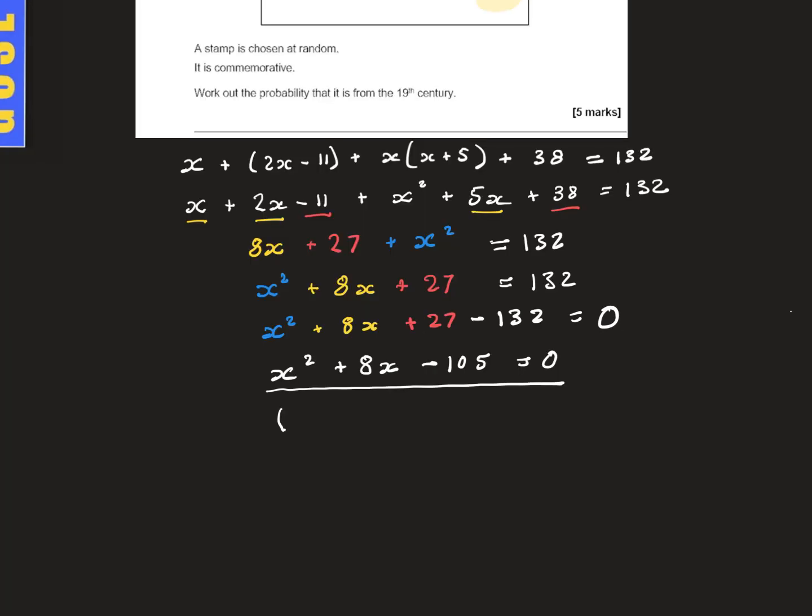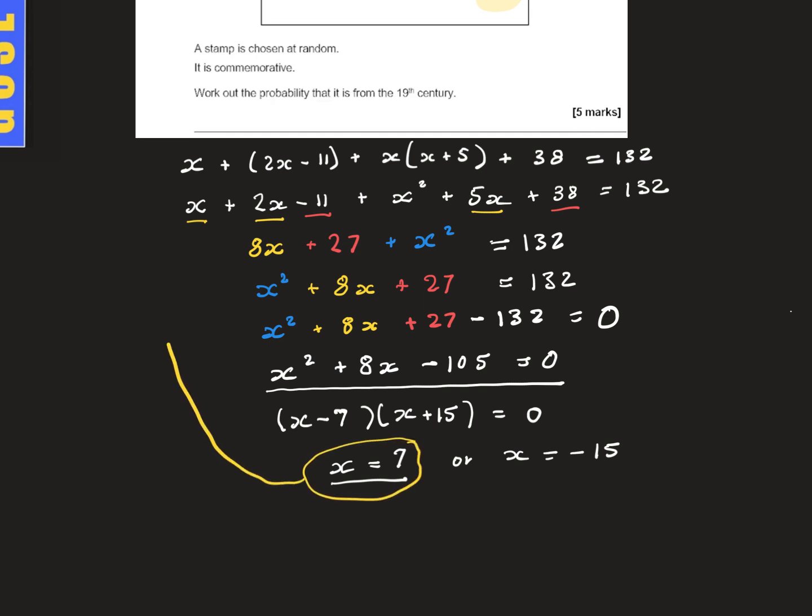So we'll factorize this quadratic into 2 linear factors, which turn out to be x minus 7 linear factor and x plus 15 linear factor. Now the solution to this is obviously x is equal to 7 or x is equal to negative 15. Now x cannot be negative 15 because we cannot have a negative number of stamps, and what we use is x is equal to 7. Now we can substitute x is equal to 7 all the way up here